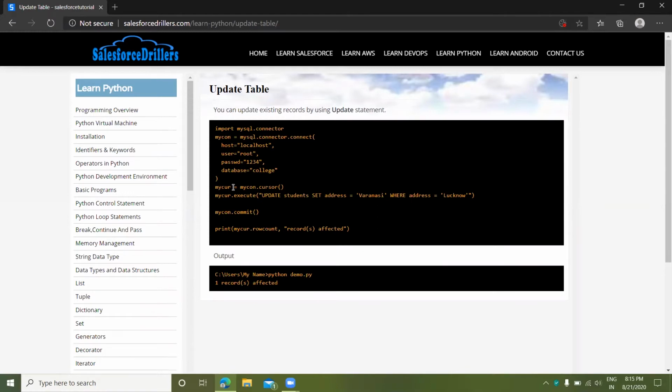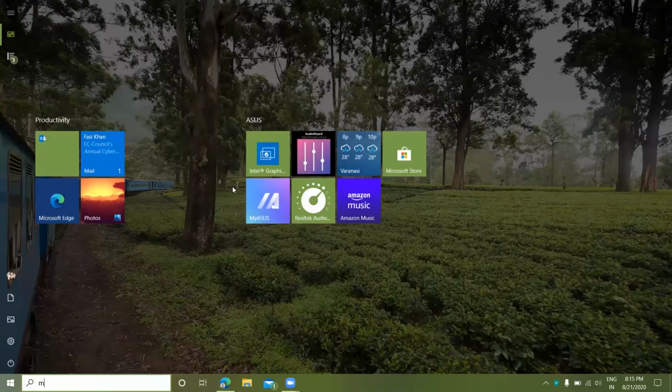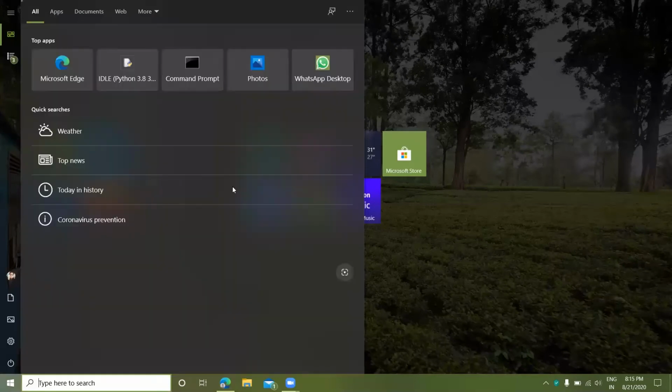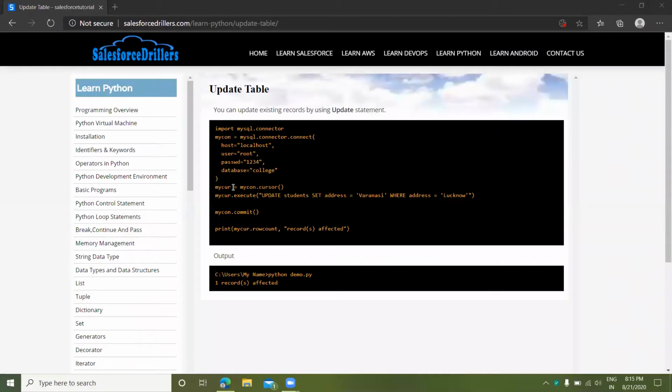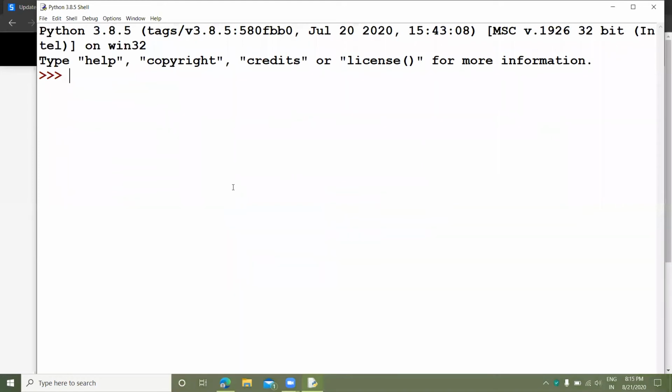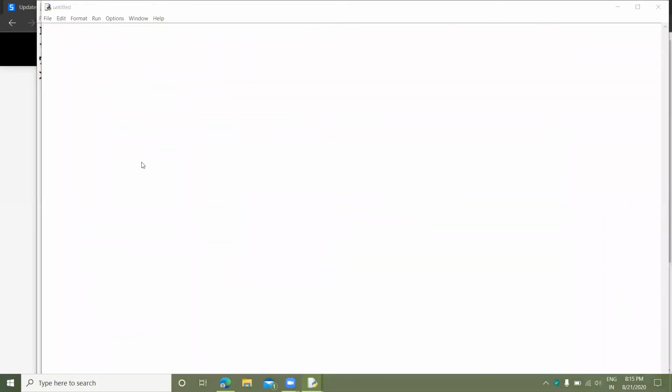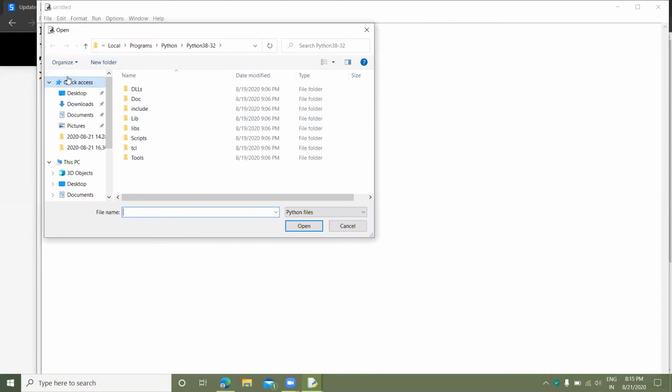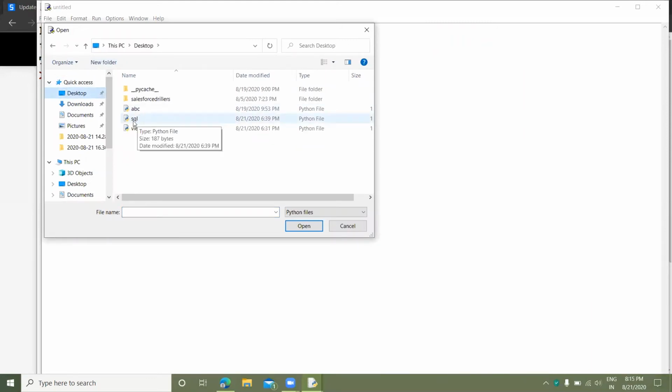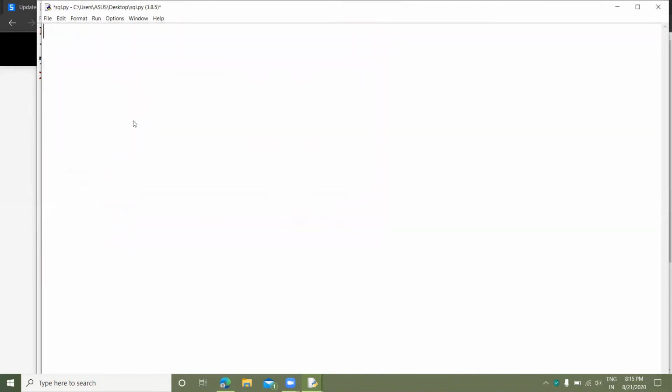So now open the IDE. Import mysql.connector.